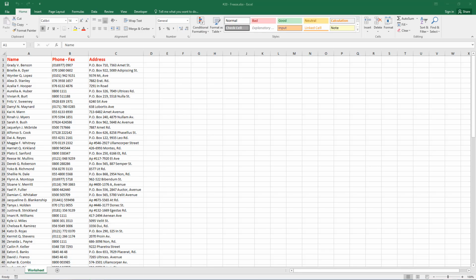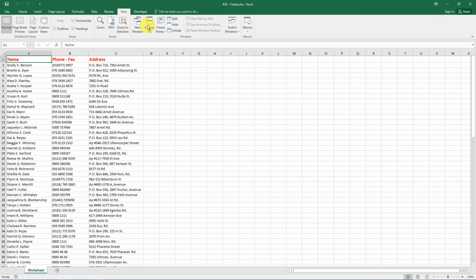Data with many rows and columns is, I think, very frequent, and most of the time the first row or first column contains the headers. So we want the first row to be still and to keep it visible while we scroll through the rest of the sheet. There is a feature in Excel called Freeze Pane. You can find it in the View tab.